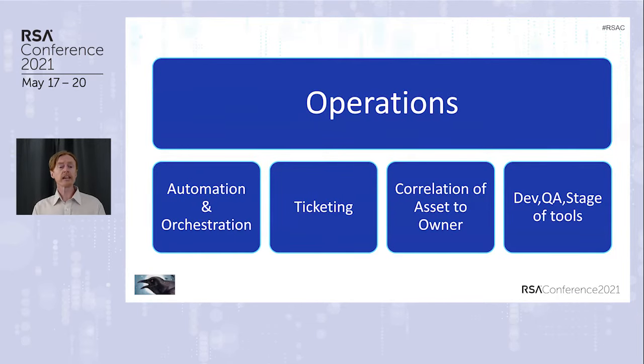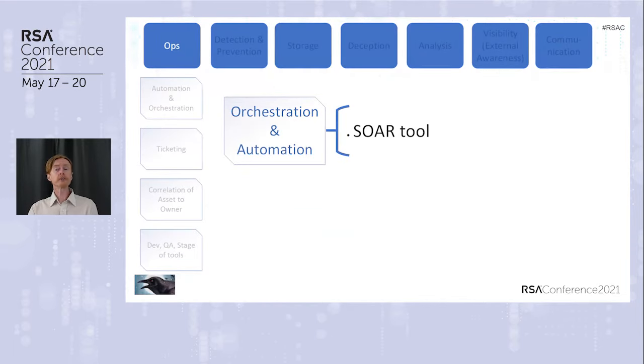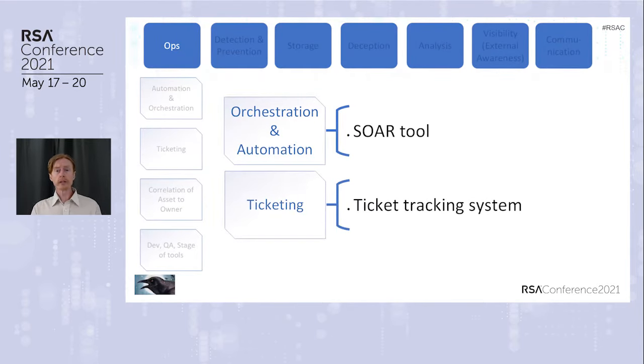Another aspect of our technology portfolio is the operations. This is something that a lot of people just think is the only aspect of the SOC, but I disagree with that. I think it's actually a larger portfolio that we need to consider. So the orchestration and automation, this is a category of tools which actually stands on its own. This is the glue in many cases that allows us to make multiple different systems coordinate with one another. That's kind of the definition of orchestration. Automation is, do these tasks, computer. I want to have it done repeatedly with high precision on an ongoing basis.